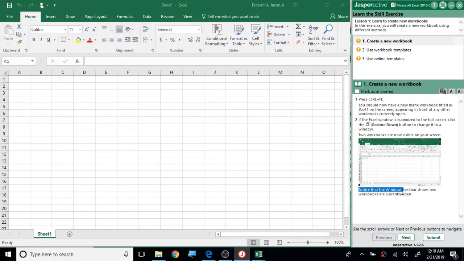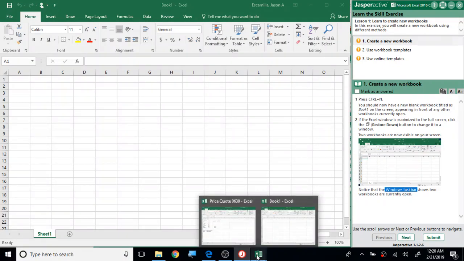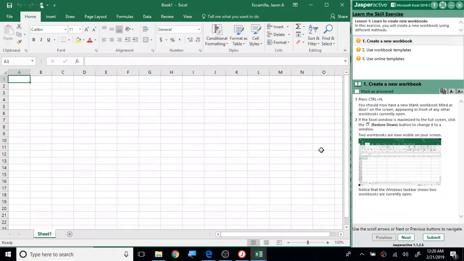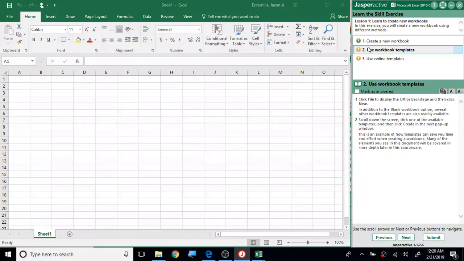It wants us to also notice the Windows taskbar, that's a good important word to know. This is the Windows taskbar, this bar here at the bottom with our time, our list of programs, and our start button. It wants us to notice that when we hover over the Excel icon, it shows us both documents that we have open. All right, I'm going to click Mark as Answered and move on to Task 2, using